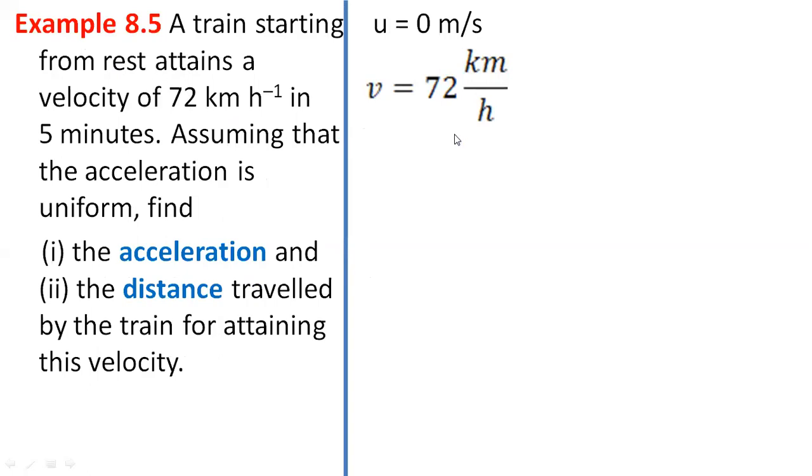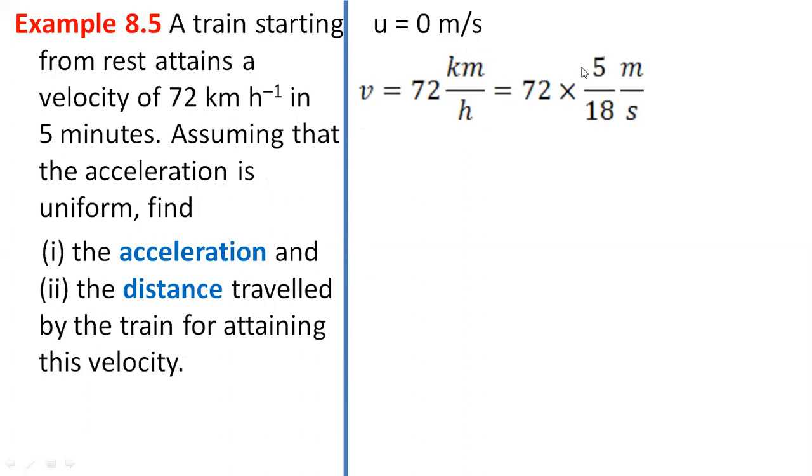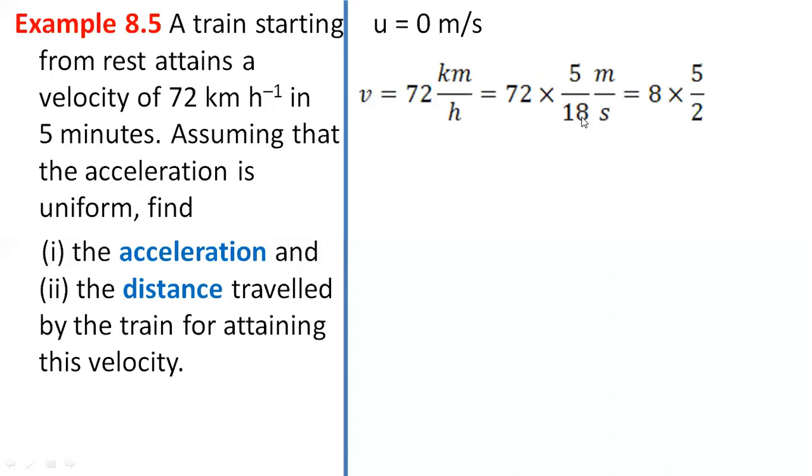72 kilometer per hour. But you already know that we generally use the values as meter per second. So we have to convert this kilometer per hour to meter per second. So let us just multiply it with 5 by 18. So 72 into 5 by 18. Okay? Now 18 and 72, those can be divided, and then multiplied with 5. So it will be what? 9 2s are 18, 9 8s are 72. So that is actually 8 into 5 by 2. So we divided 18 by 9 and 72 by 9.